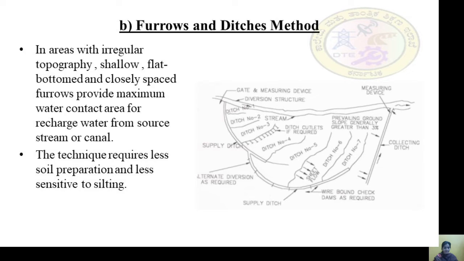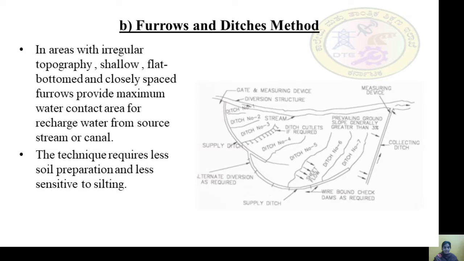The technique requires less soil preparation and is less sensitive to silting. You can see many furrows and ditches, ditch number 1, 2, 3, 4, 5, 6, 7. You can see the gate and measuring device for the diversion structure.